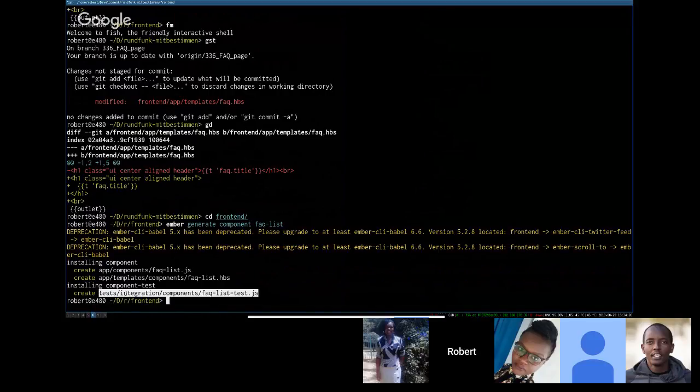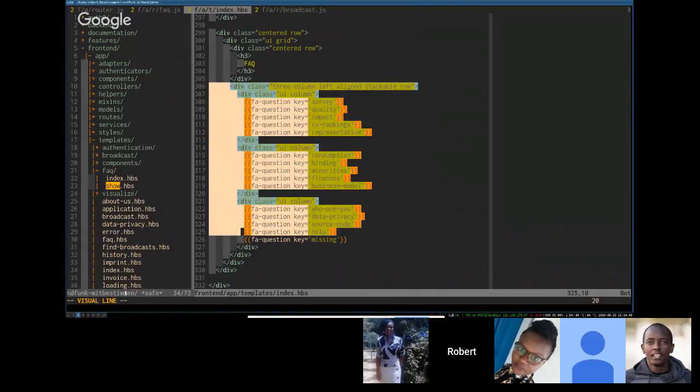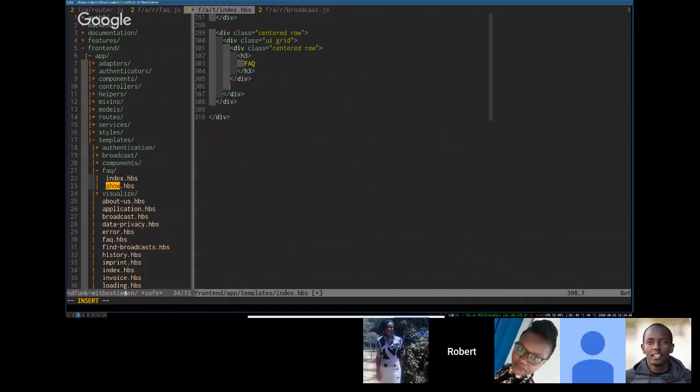So you're going to use this FAQ list component in the FAQ route and also in the index. Yes, correct. That's exactly what I'm trying to achieve. So instead of this code here,